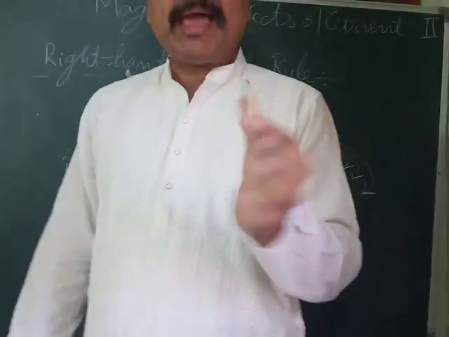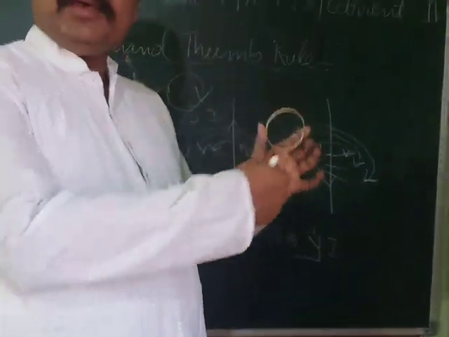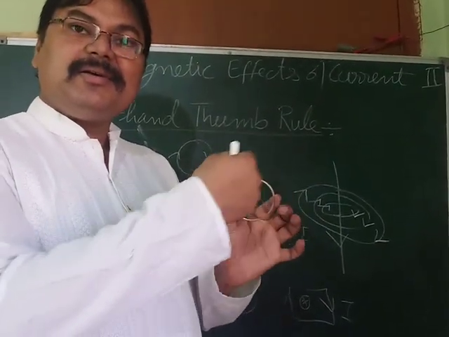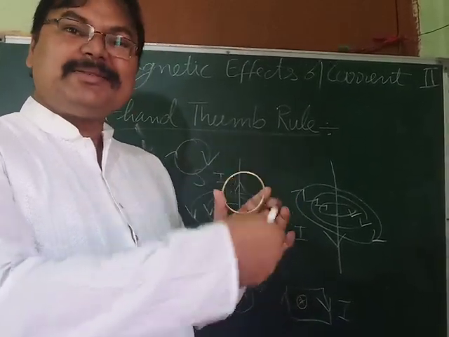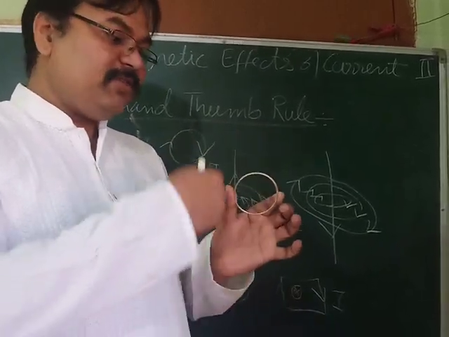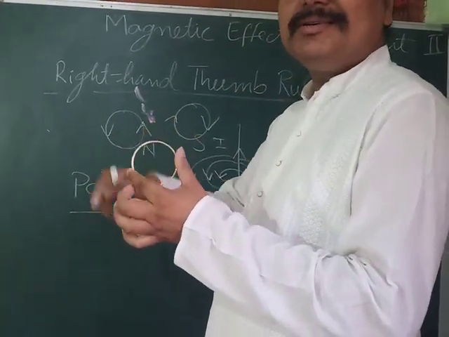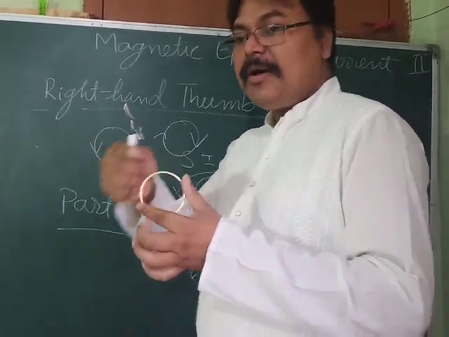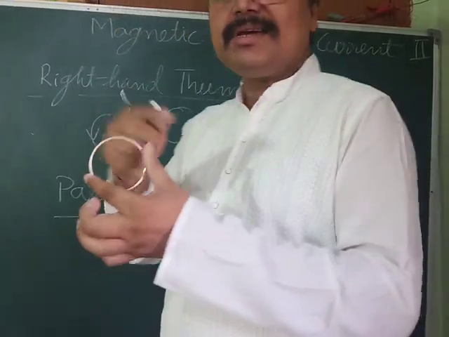Now see, suppose you can see this bangle, and current is flowing like this. You can see whether it is clockwise or anti-clockwise. Is it anti-clockwise? No, it is clockwise, because see, the clock moves like this. Now I will keep on moving my hand in the same way, only changing the direction. Now tell me, is it clockwise or anti-clockwise? It is anti-clockwise. So I am moving my hand in the same way, but from this side it is clockwise, and from this side it is anti-clockwise.